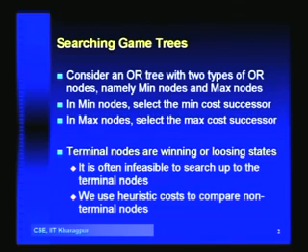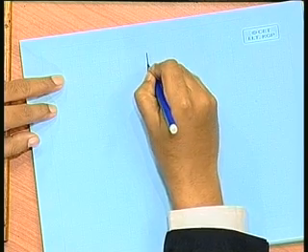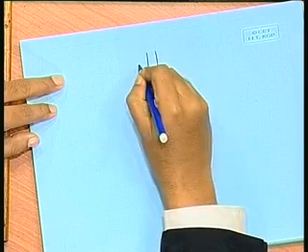Terminal nodes can be winning or losing states, but it is often infeasible to search up to the terminal nodes. So, we will use heuristic cost to compare non-terminal nodes. So, let me start by showing a simple formulation of a game tree search problem. So, let us say we take the example of tic-tac-toe. So, in tic-tac-toe what we have is something like this,